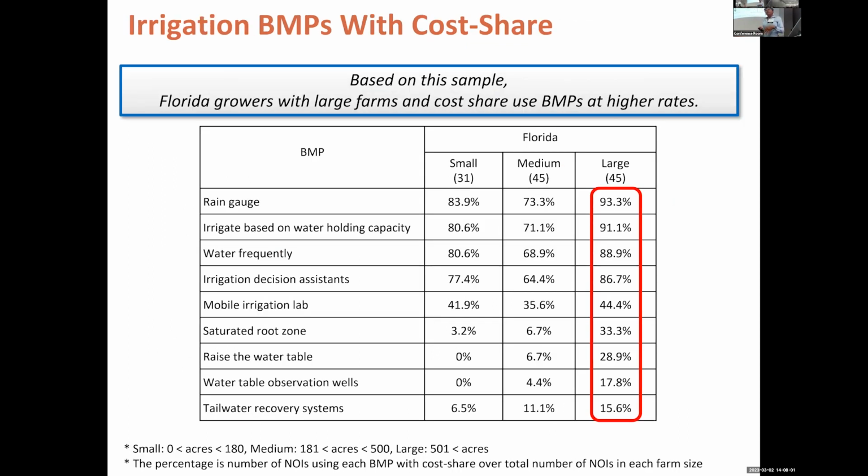Now we wanted to break it up into, well, what's happening with farm size and cost share. So we broke up these farms into small, medium, and large, where a large farm is 500 acres or more, which is pretty large for a Florida farm. Now, looking at those with cost share. So this is only those with cost share and looking at farm size. We wanted to see what the use rates, the frequencies looked like here. And in large part, size matters. We find that most large farms are using BMPs at higher rates than small and medium-sized farms.